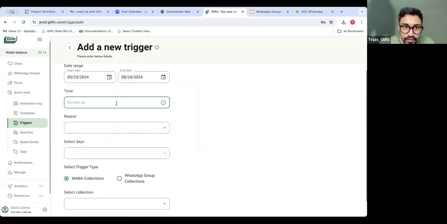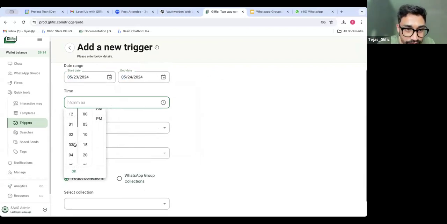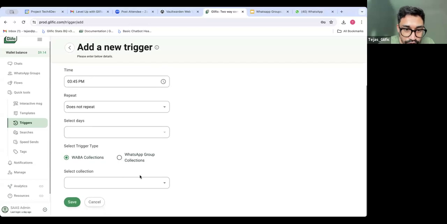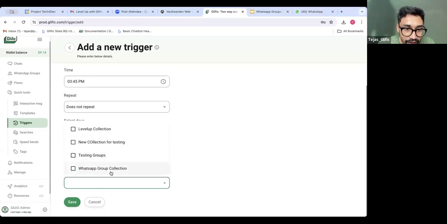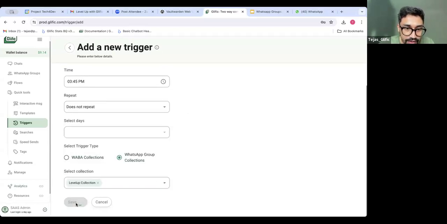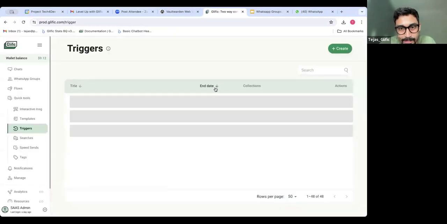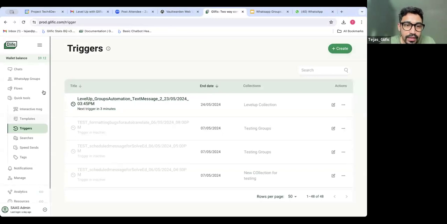अभी मैं जल्दी से 2345 का ट्रिगर करता हूँ। और यहाँ पे मुझे सिलेक्ट करना पड़ेगा व्हाट्सएप ग्रुप्स। ये वाबा कलेक्शन नहीं है, व्हाट्सएप ग्रुप का कलेक्शन है। तो मैं यहाँ पे व्हाट्सएप ग्रुप्स कलेक्शन सिलेक्ट करूंगा, और कलेक्शन का नाम सेलेक्ट करूंगा, एंड सेव। तो ये आपको यहाँ पे दिख जाना चाहिए। ये अगले 3 मिनट में आपको शेड्यूल्ड मैसेज आएगा।